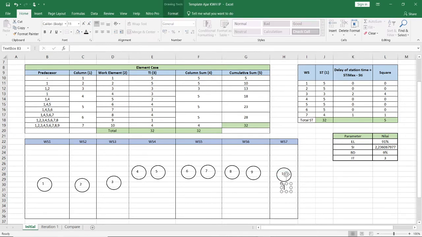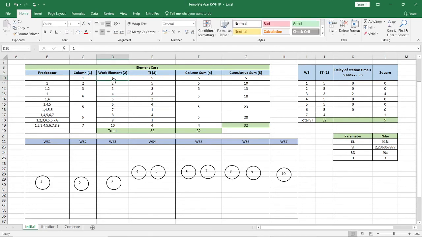Okay, so now what are we going to do? We are going to make the diagram, or like the flow chart. Please pay attention to me. First, take a look at this predecessor. We are going to look at this predecessor and this work element. If you do not know what a predecessor is, it is the task you must do before you can move to the next task.